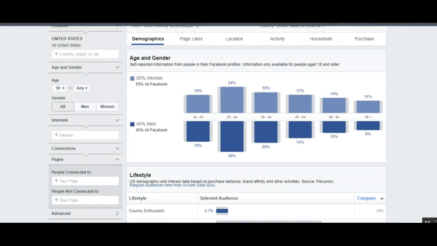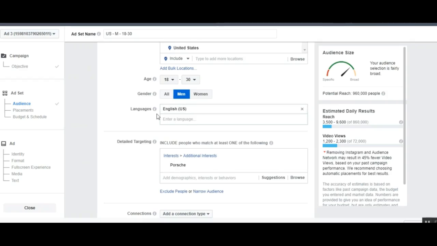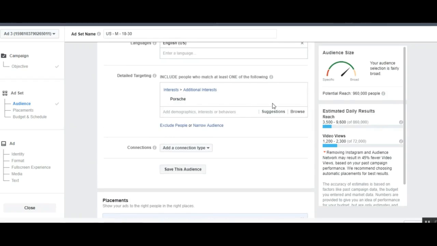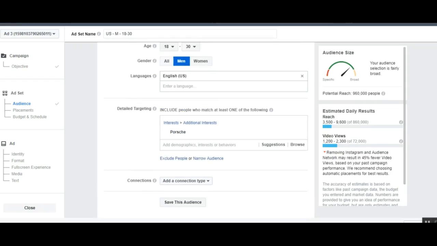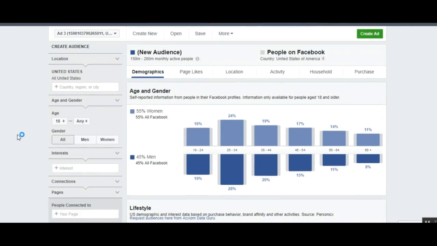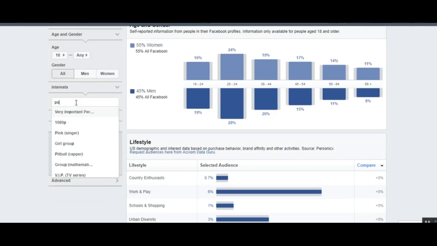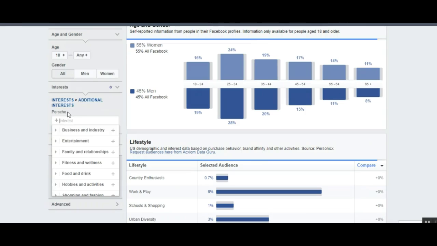Okay, so I found the niche I want. I found what type of languages that I'm going to use. Okay, I played with the different interests. Okay, I showed you guys exactly different ways to target and find targets. Okay, so what I'm going to do now is I'm going to create my campaign. So I'm going to come here and I'm going to type in Porsche. Okay, so